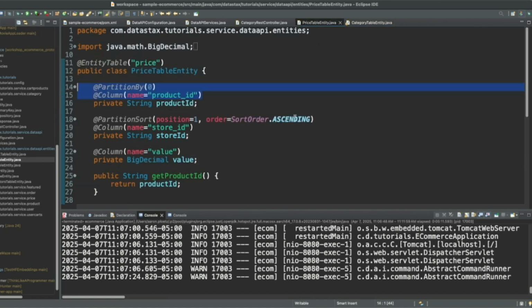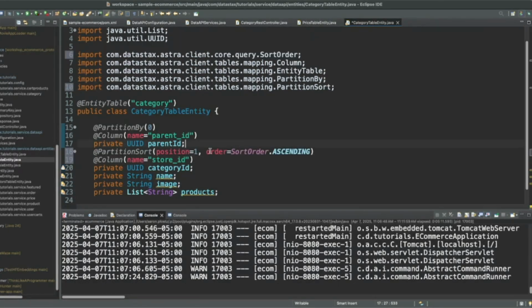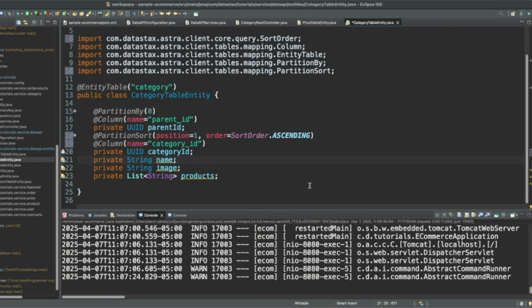Let's go back to our entity class and grab our partition sort and column annotations. There we go. And category underscore ID is going to be the name of our column there. And I think the rest of these should be okay.